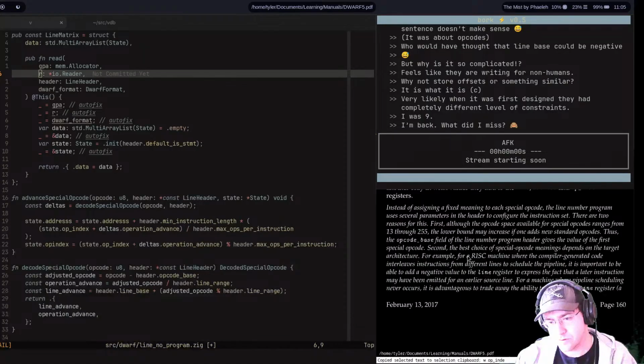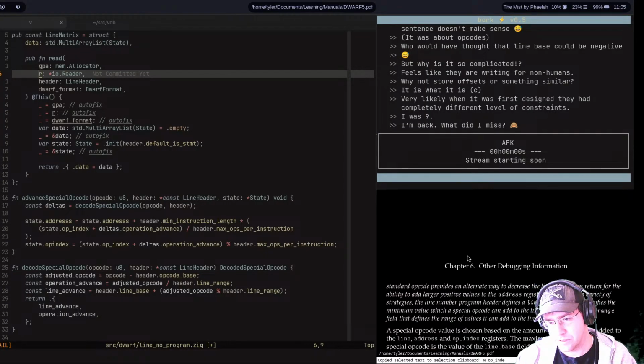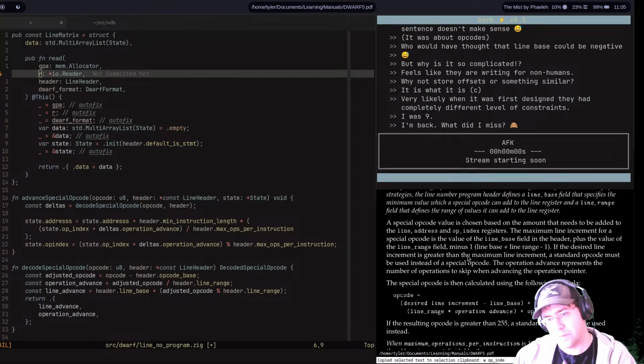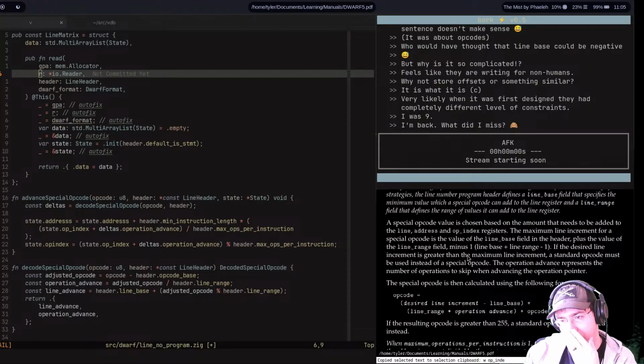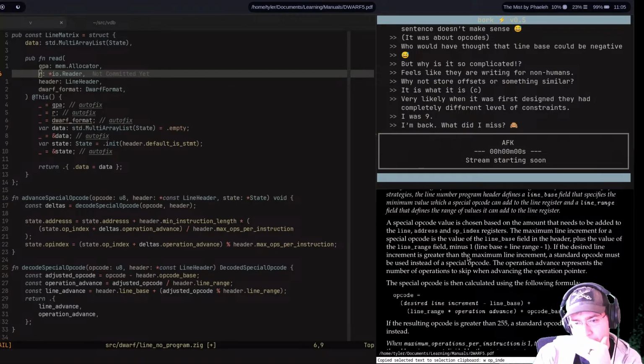So now what we need to do, I think, is just start going through the state machine. The special opcode value is chosen based on the amount that needs to be added to the line address and op index registers. The maximum line increment for a special opcode is the value of the line base field in the header plus the value of the line range field minus 1. Standard line increment is greater than